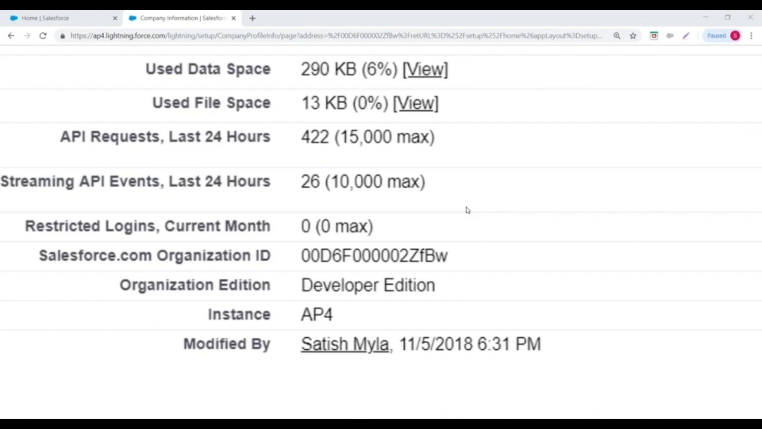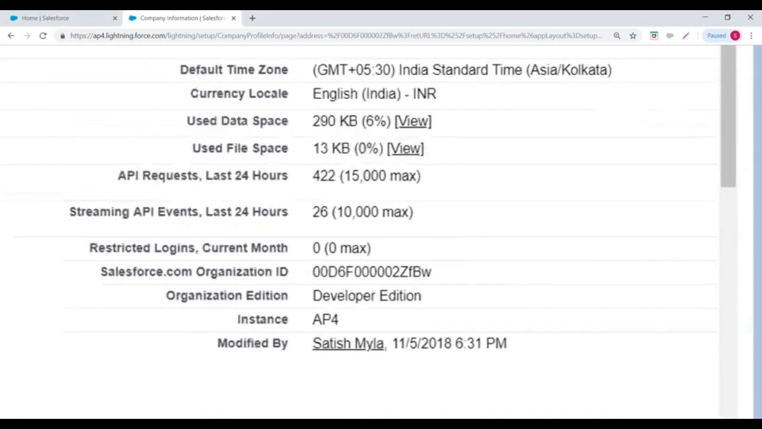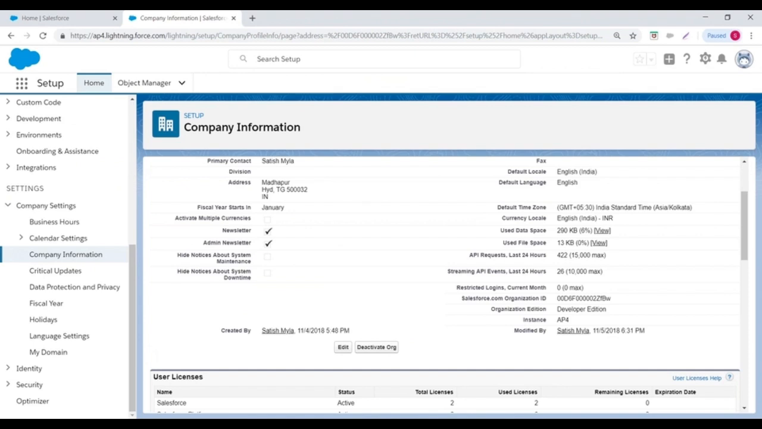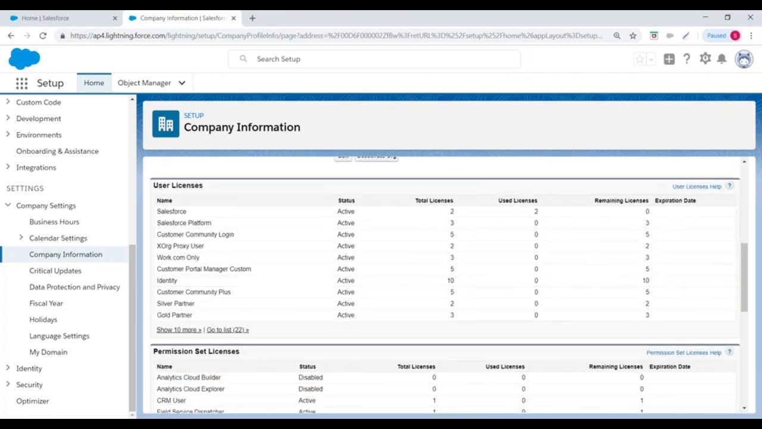The limits, space, organization ID, edition, instance, all this data you can find from the company information. So company information gives you primary contact data and communication details. It gives you local language, time zone, currency format, and whether you are enabling multiple currency or not. What is your organization ID? What is your corporate currency? What is your instance of the server? All this data is available in company information. At the bottom, if you open,